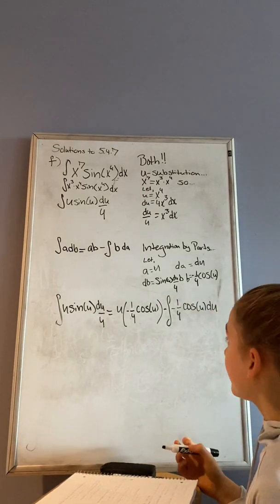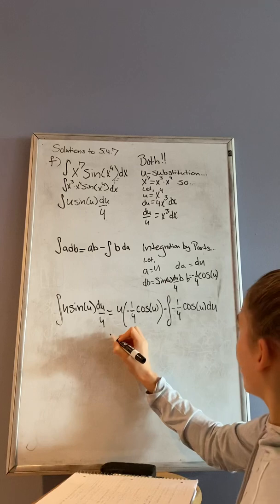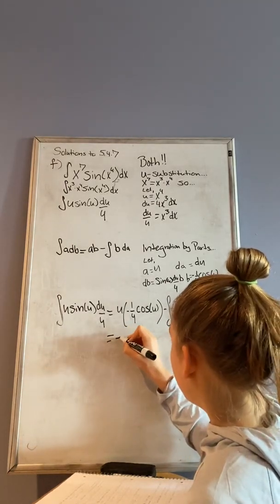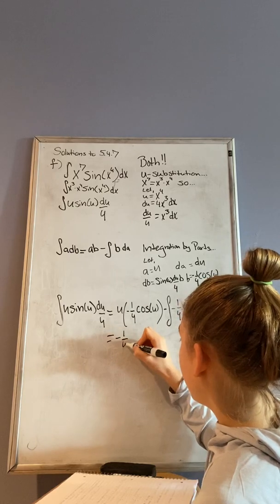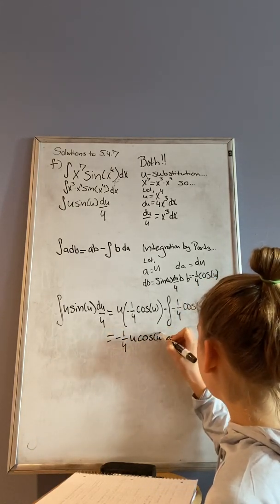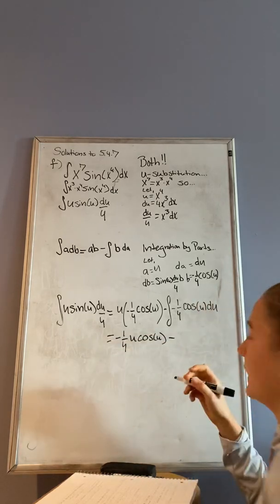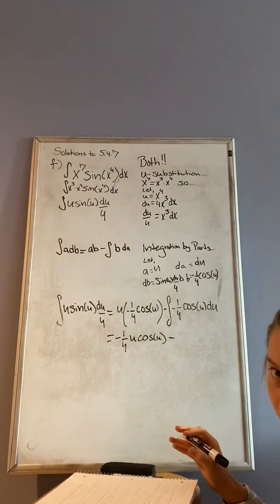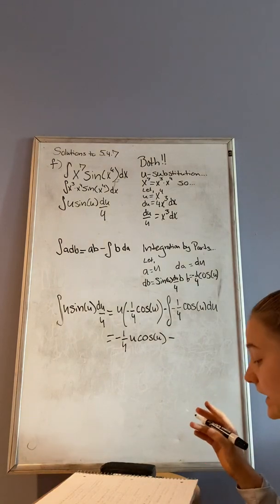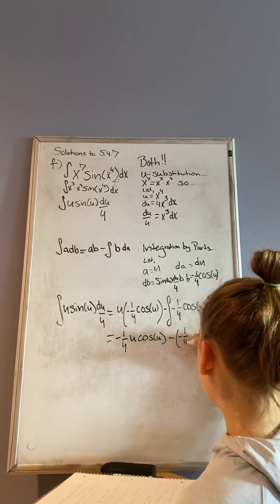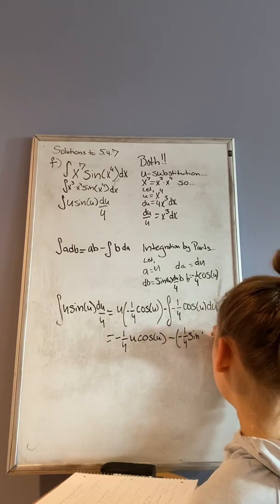And now all we have to do is just simplify and evaluate this integral. So we get negative 1/4 u times cosine u minus, so the antiderivative of negative cosine is going to be negative sine. So we get negative 1/4 sine u